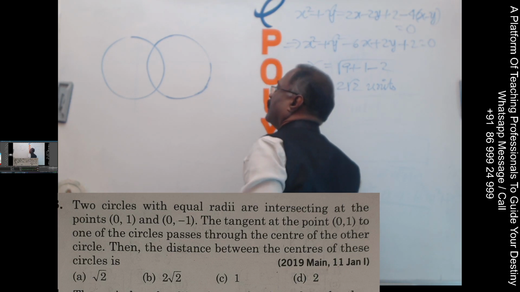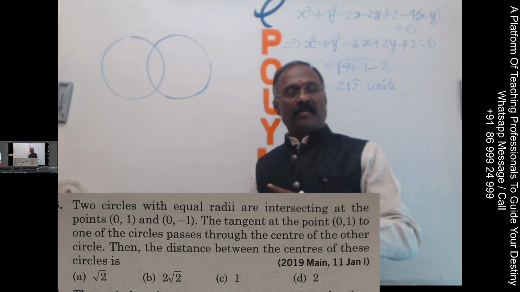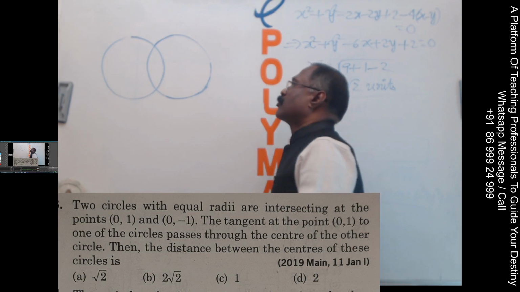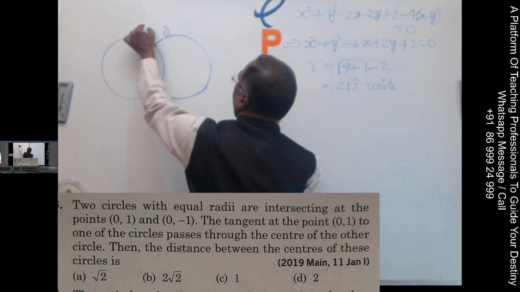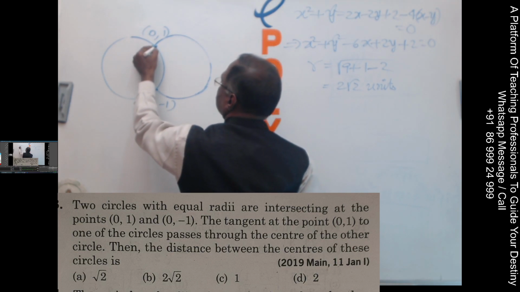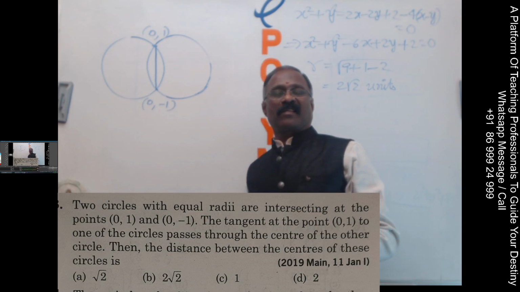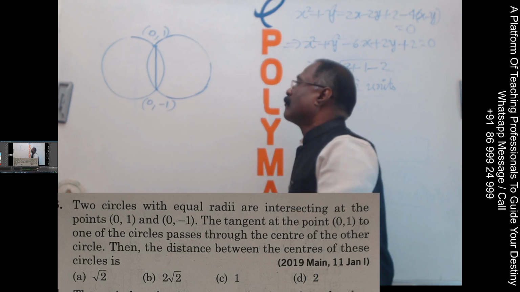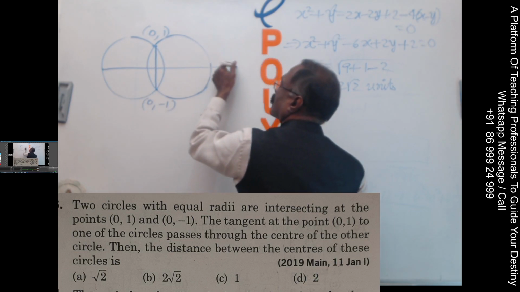Remember the data given in the question. The two circles must be of the same size. This is the point 0, 1 above. This is the point 0, minus 1 below. And these two points, that is the common chord, is nothing but y-axis, because I know x equal to 0 there. And obviously the line of centers